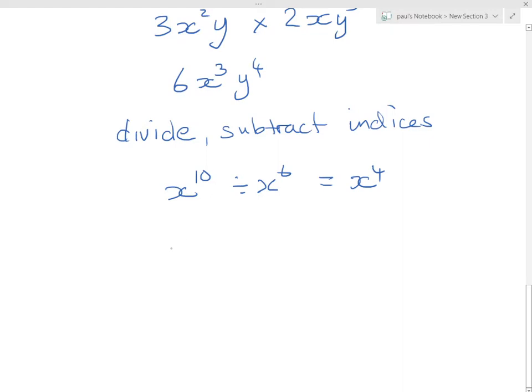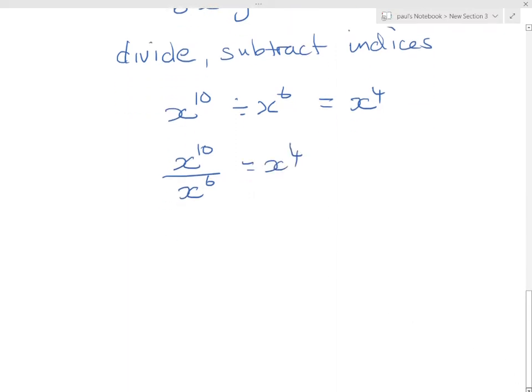Yeah, that way. When I divide, I like to do it this way. It doesn't make any difference, but I keep things in columns, and we'll see when it gets more complicated why. 10 minus 6 equals x to the 4. The reason I do it that way is if we've got x to the 4, y to the 3, z to the 7 divided by x to the 3, y, z to the 5,